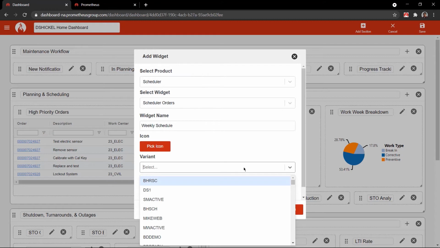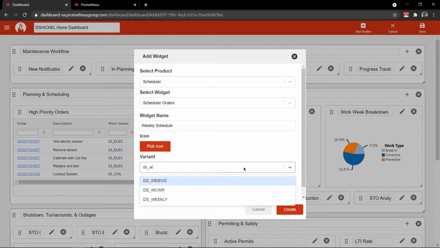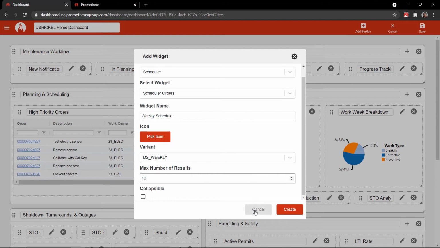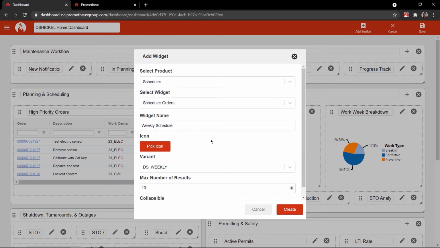And with that, you quite simply just select a variant from the planning and scheduling solution. So it all intercoordinates, it all works together. You can set maximum number of results, you can do whatever you want, make it collapsible. Now, we already have a list of orders, so I'm going to leave this, but just to give you an